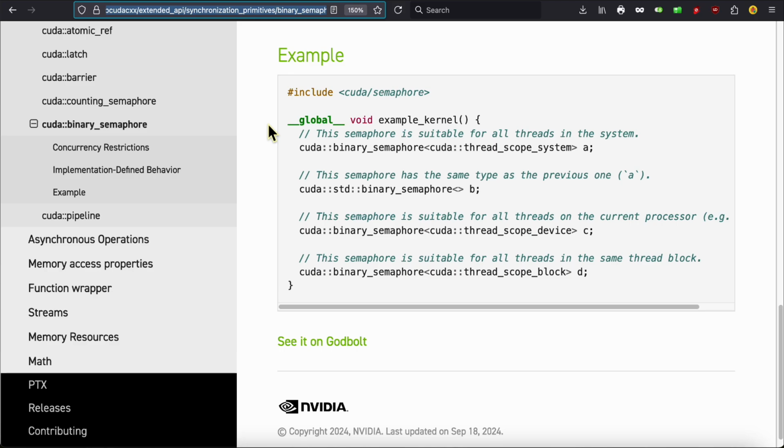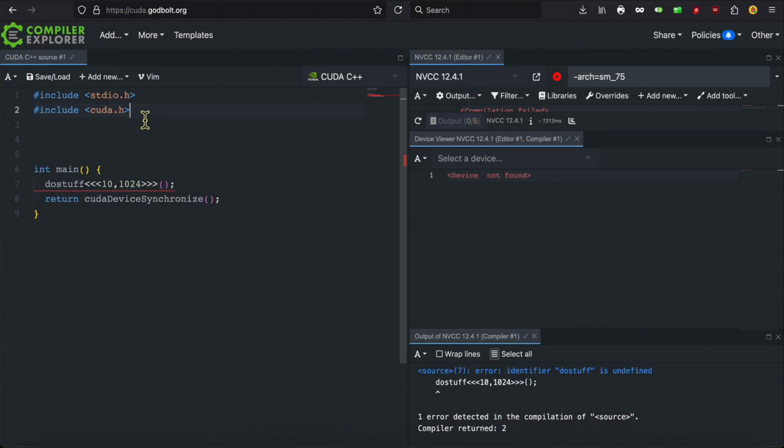Let's have an example of how this stuff is actually supposed to work. We're back in Compiler Explorer. Let's implement the mutex.